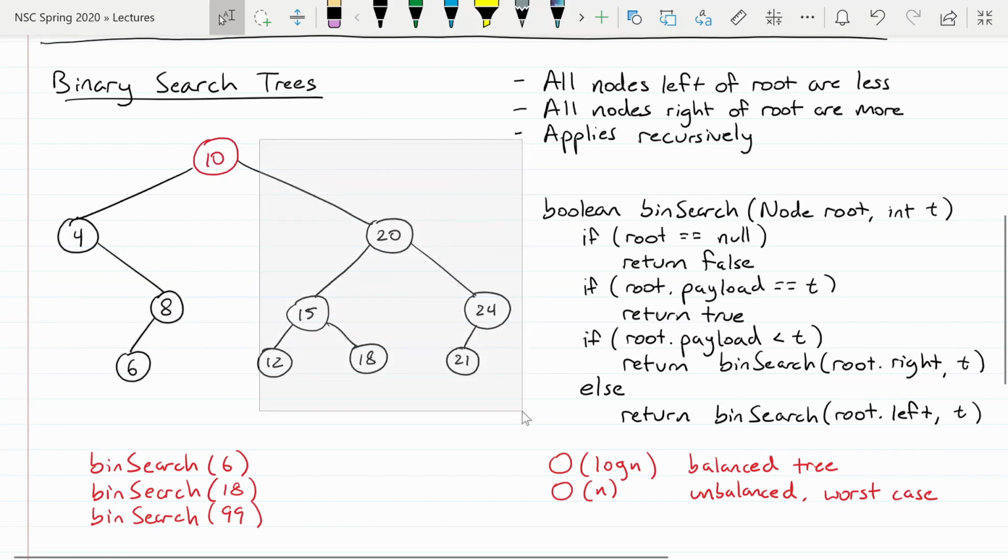The same thing happens on the opposite side, but it has values that are greater than the current node. On the right side of the subtree, we're going to find values that are explicitly larger than the node we're currently examining. So here 20 is greater than 10, 15, 24, 12, 18, and 21 are also all greater than 10. This pattern not just applies to the very root node in the tree, but also applies to the subtrees